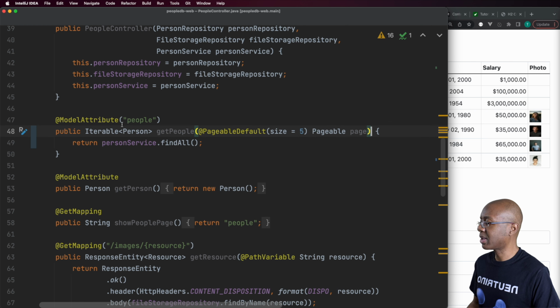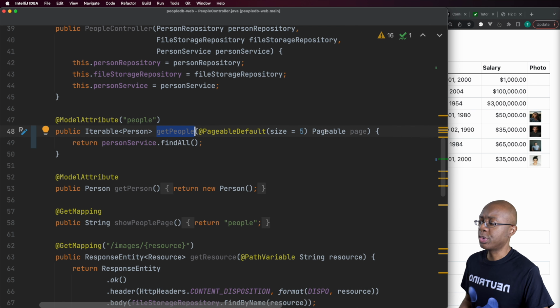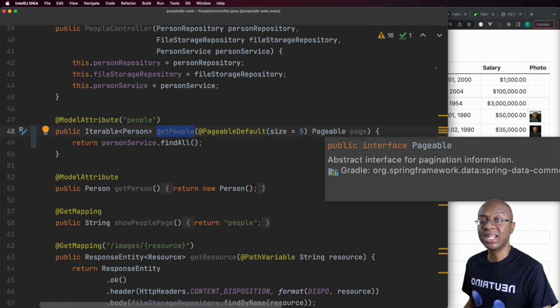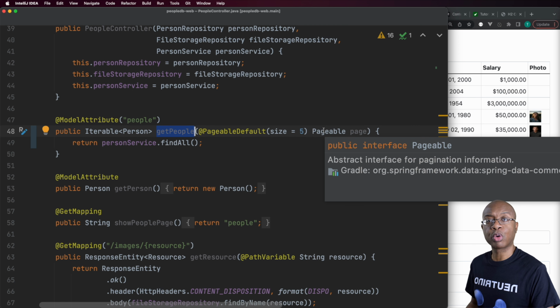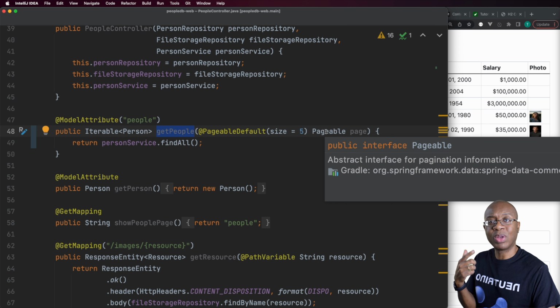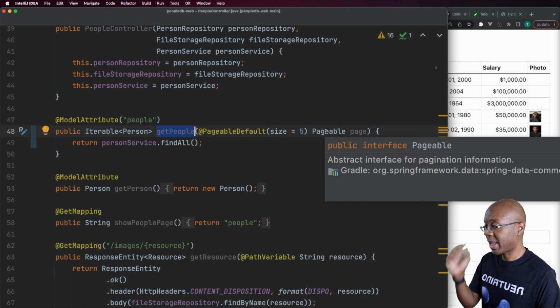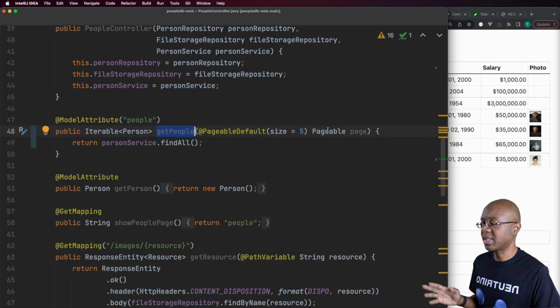that this model attribute method for retrieving the people wants an input of a pageable. And so Spring will search the incoming request for special parameters that map to this pageable, okay? Specifically, parameters that refer to what page we're on and what the size of a page is, okay? In addition to sort order and other things if we want to specify those as well. And it will match up those request parameters, if they exist in the request, into an instance of this pageable